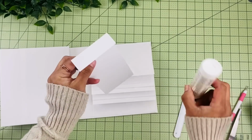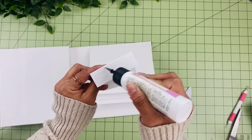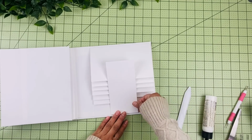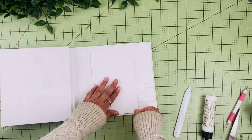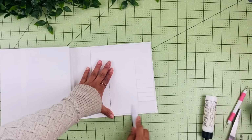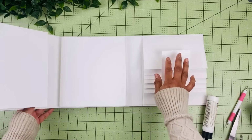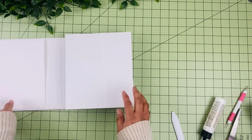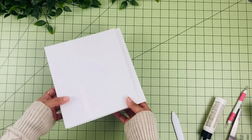And then we're gonna glue the 7 inch piece at the bottom. So I'm just gonna add the glue on this 1 inch side, and we're just gonna center that and just glue this down. I think that is centered. So we're gonna press here, and this is going to be the closure for this side. And then of course we're gonna add some magnets there, here, and now this is gonna close like that, and then this is gonna close here on top. And now we're ready to decorate our